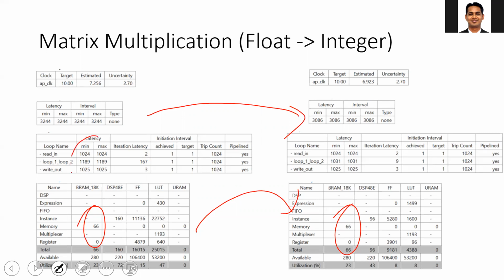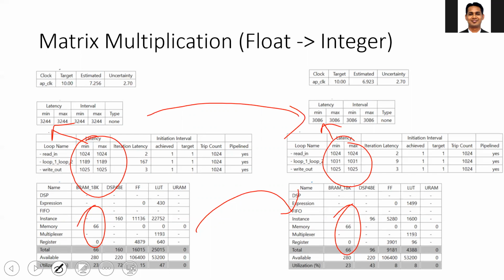I hope by now you know how to find the total latency number from each loop latency. It is basically the sum of all the loops, and there will be some overlap because of the iteration latency. So you should be able to find the link between this number and the final latency number. The conclusion of the first part is that we changed part 3 of lab 3 from floating to integer, and we got some saving in the latency and significant saving in the resources.